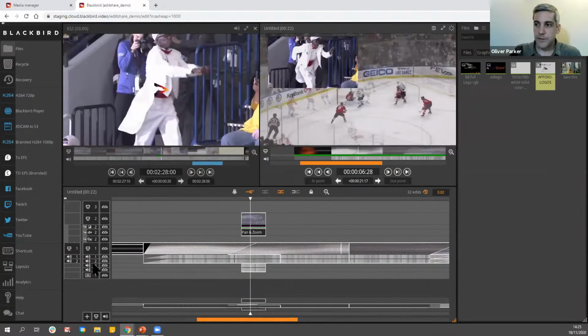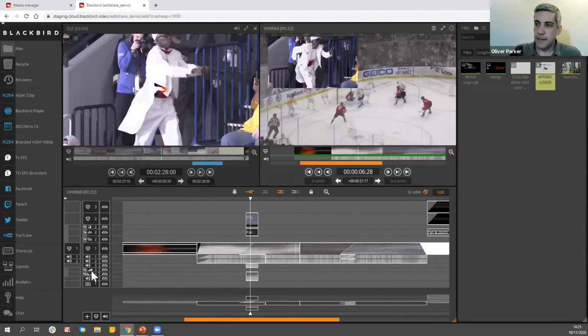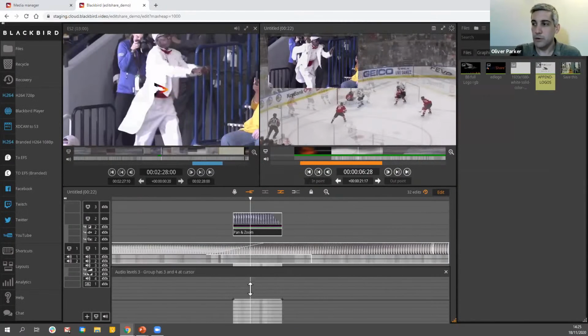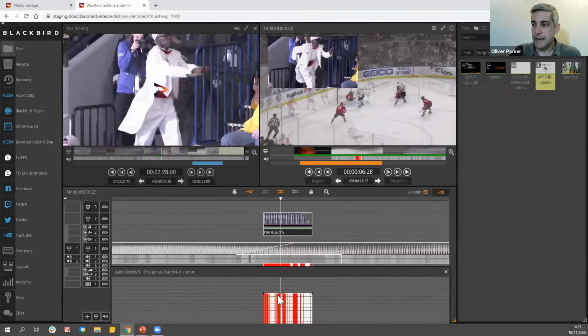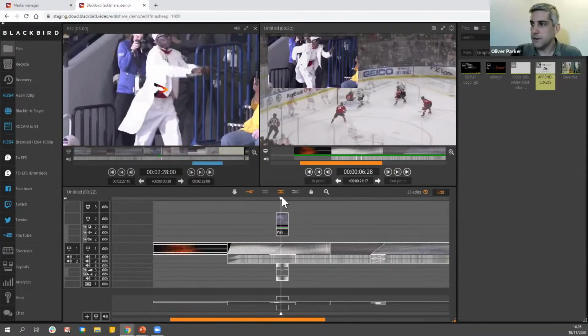Now, audio is similar. As you can see now, I'm operating across 4 audio tracks. I also have full real-time pan and level control over any of my audio, so I can dip and raise, add keyframes and do some custom mixing on my audio tracks. And like any NLE, I can route and manage the audio tracks within the timeline itself in order to determine where they're going to end up on my publish function on the other side of it.